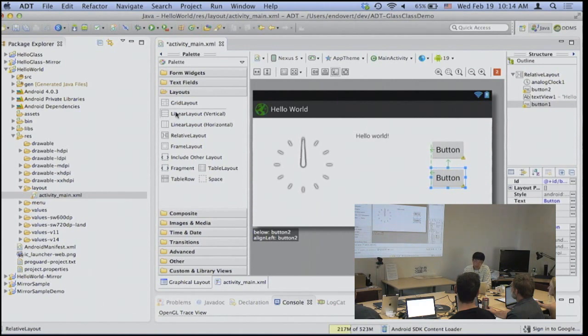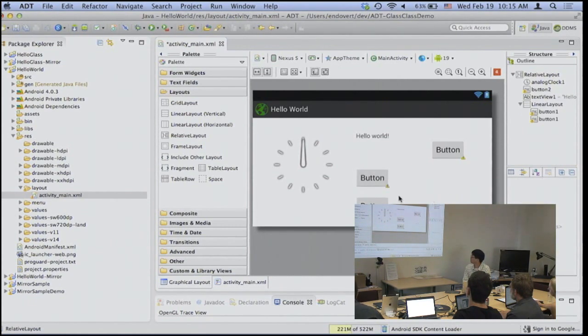But if you drag and drop a linear layout, it will show you nothing. It will just show you an empty space here. But what you can do is drag and drop different UI elements to that layout. If you drag close enough to that layout, it will highlight like this. You can put it in there. And once that's in there,